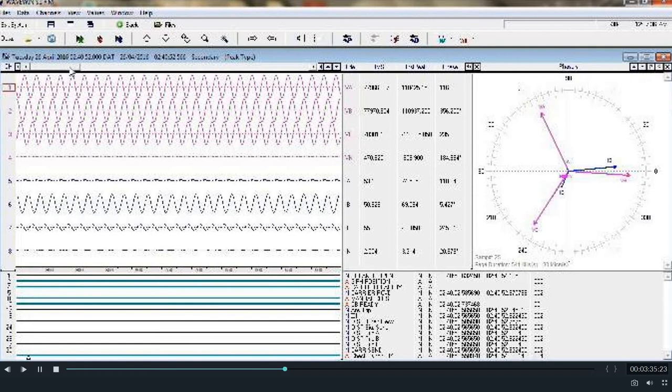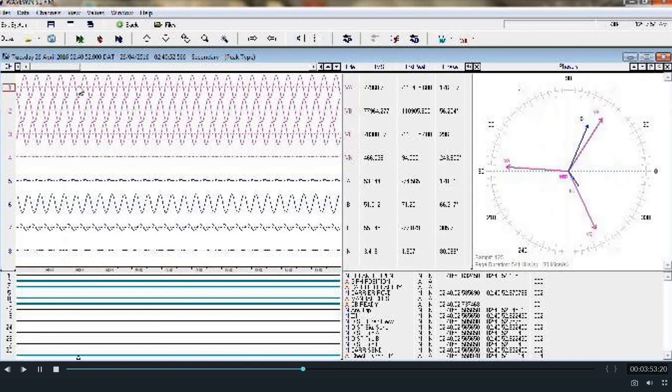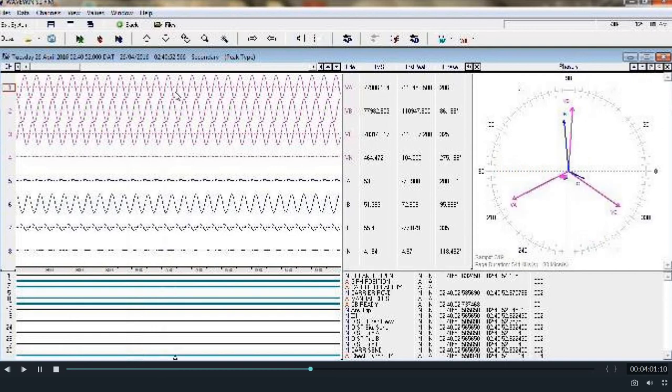On the right hand side, after the graphs, you will be able to find the values of the voltages and also the angle. So with the help of that, you will be able to see that all the voltages were almost equal before the fault, and below the voltage plots you will be able to see there are blue color plots or graphs which are indicating the currents, the current flowing through the 3 phases, that is R, Y and B, or A, B, C, and the 4th blue color line is indicating the neutral current.